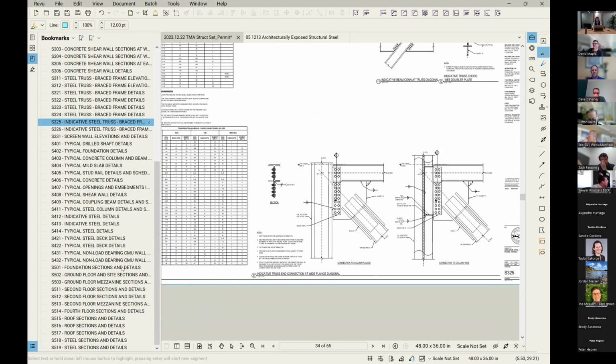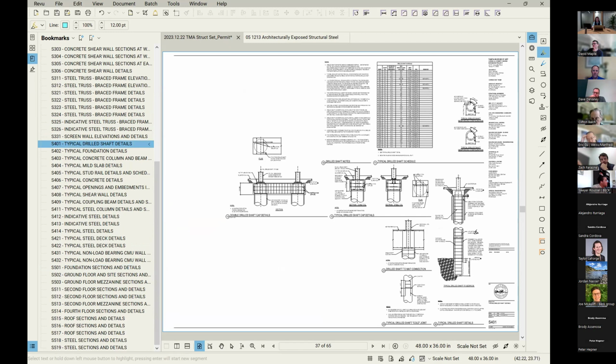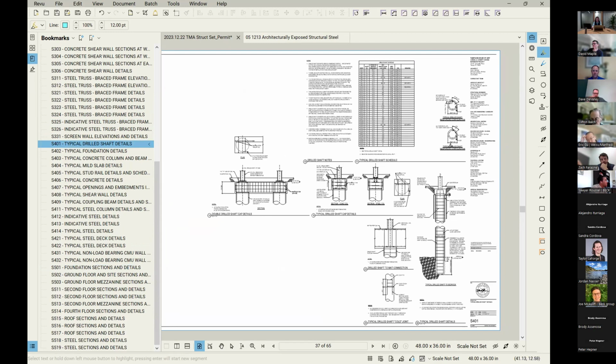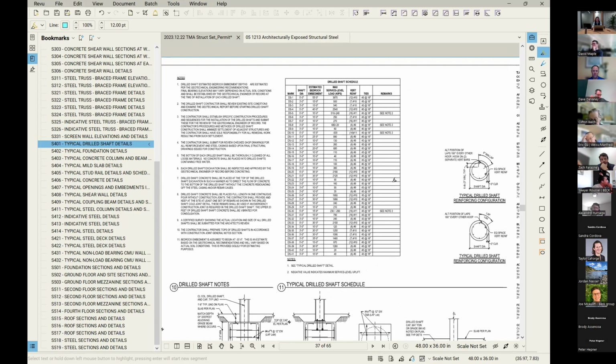Other details worth going through. There's some sections through our mat foundations. We should probably spend a minute looking at the typical drilled shaft details. So the drilled shafts, the geotechnical report gives a lot of information about means and methods of constructing the drilled